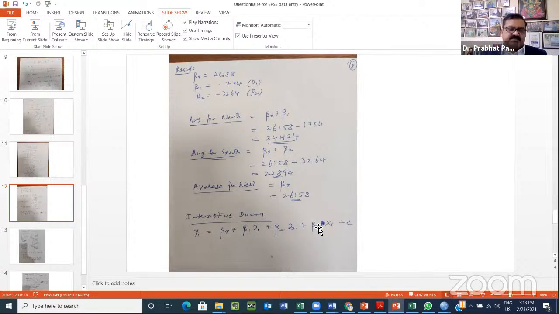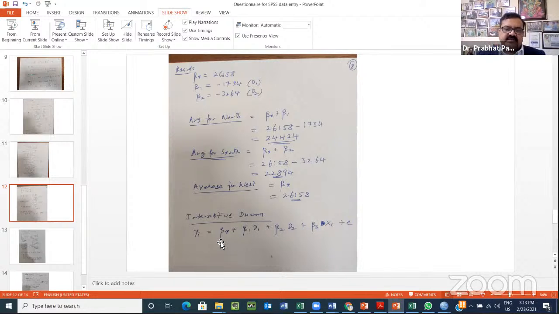So if you take a covariate, we say that the difference in salary in these three regions is also because of the spending. Probably spending is higher in some regions and lower in others. So salary is related to spending. We cannot ignore spending by the government on these schools. So let's also take X, the covariate, in the model.